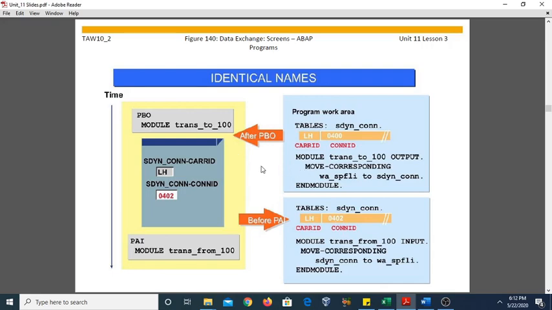The screens and the associated ABAP program communicate. This is a CAR ID, this is a connection ID, and they will communicate with each other if the fields on the screen and the corresponding fields in the program have identical names. Suppose this is a program work area and we have taken the fields here, the CAR ID and connection ID. So these fields must be the same as the screen fields. Identical names should be there.